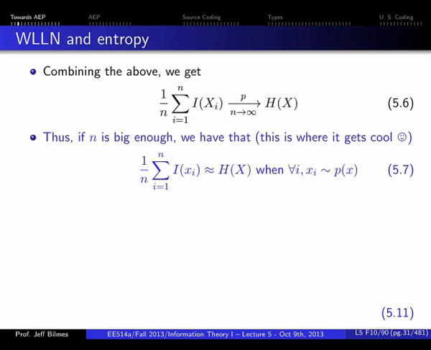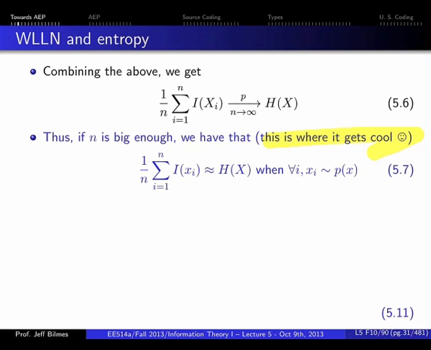So if n is big enough, and this is where it gets cool. It's funny because the algebra is really simple in what we're about to do, but the consequence is profound. So follow the algebra and see that suddenly this really interesting statement pops up. So, weak law of large numbers, no problem. We take the average of the information functions, and let's just be a little bit fluffy for a minute and say it's approximately equal to the entropy. When n gets big, we can make it as close as we want to the entropy.